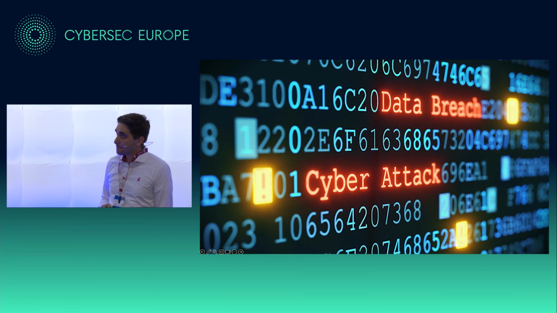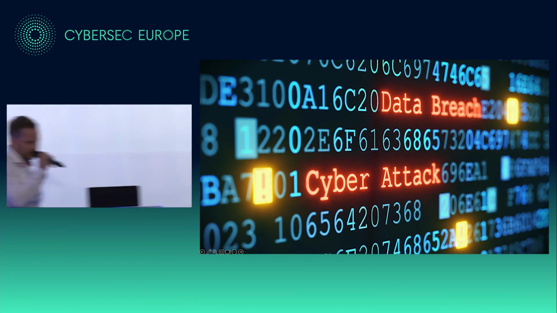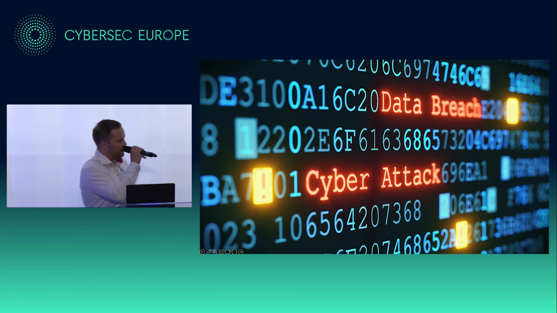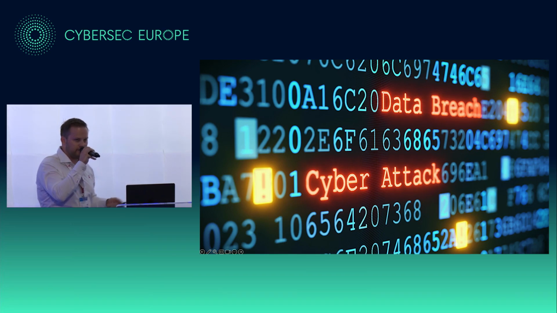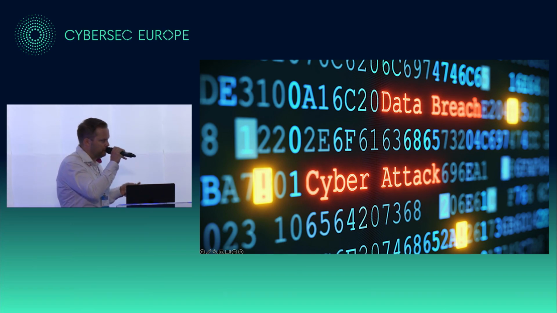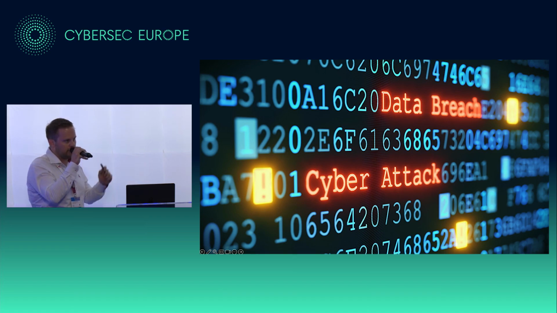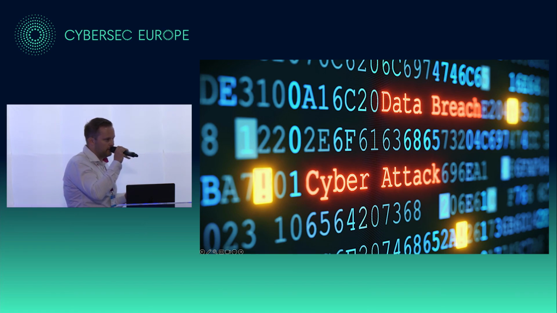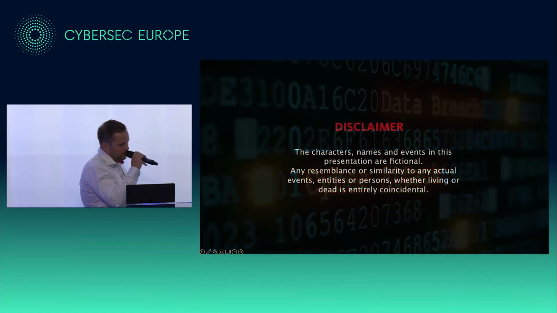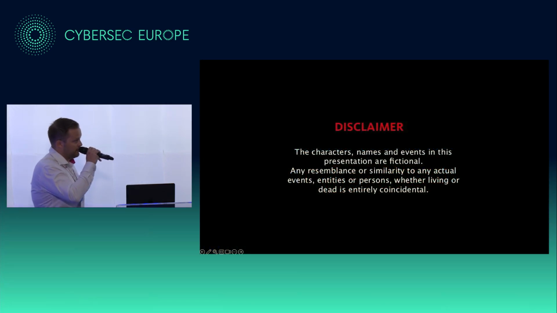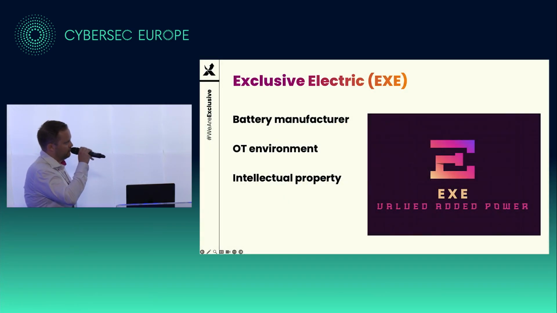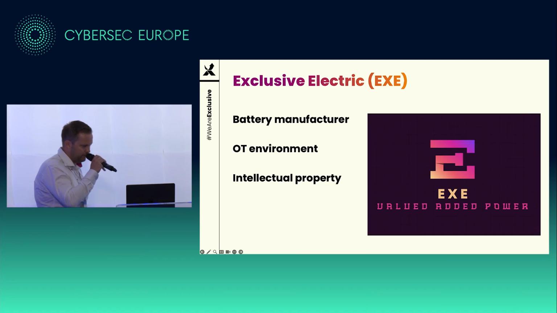So now we've got a background about APTs and the framework, thanks to Davey. So let's do this ourselves. We're going to do an analysis of a breach, but it's not a real breach. It's something we invented, but it's all backed up by real data. All the trends that we read in those reports, we're going to use that type of attack on a company that is being breached. And that company actually is Exclusive Electric, the best value-added power distributor out there.